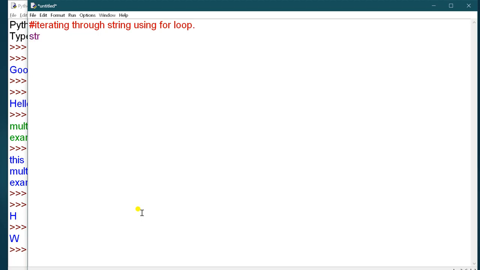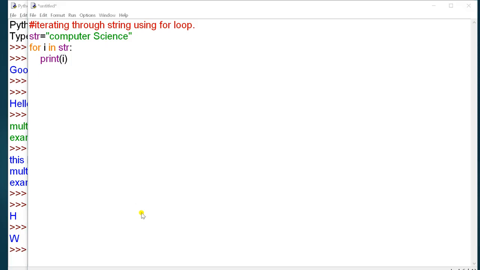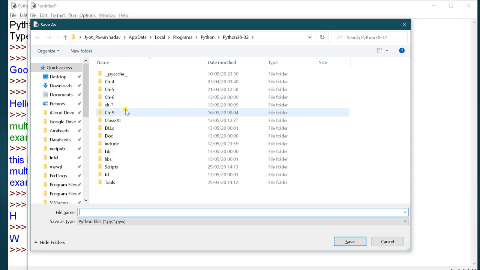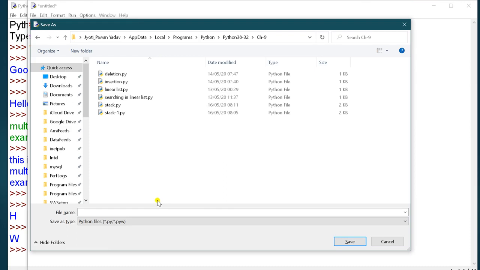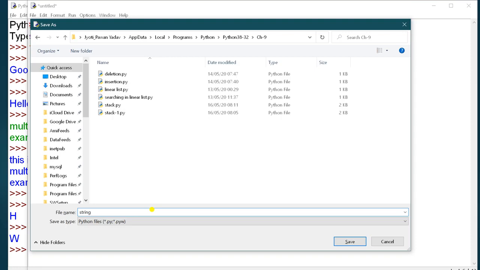Now I am writing the code. str is equal to "computer science". This is a string variable str. Now you want to access it by using a for loop: for i in str, then print the value of i. You have to save the file, for example, here as string.